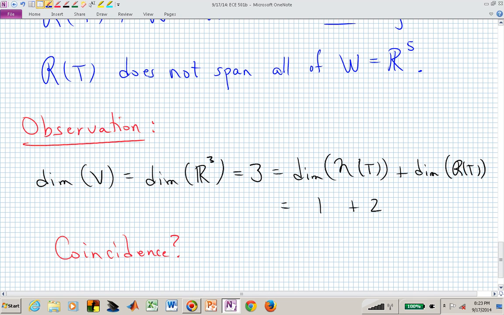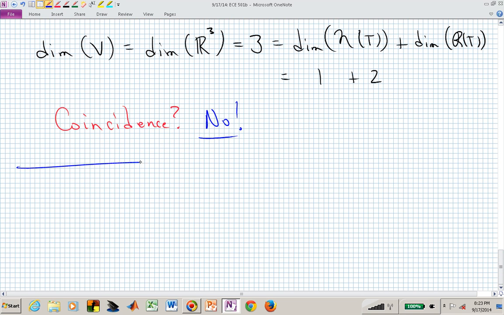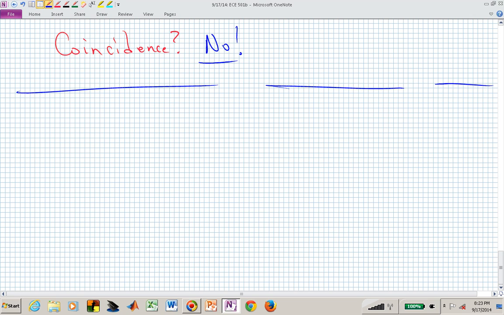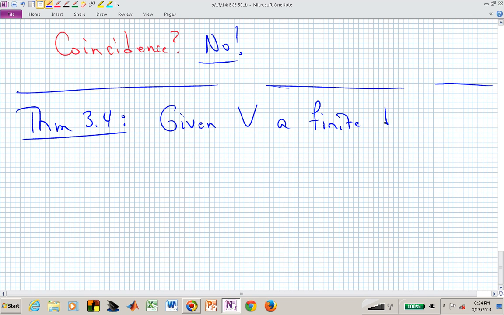And in fact, that's no coincidence, and that's what we want to state in this theorem, and then we will prove that particular theorem. The theorem, which is Theorem 3.4, says the following. Suppose we start with a finite dimensional vector space V, and that's making up our domain. Given V, a finite dimensional vector space,